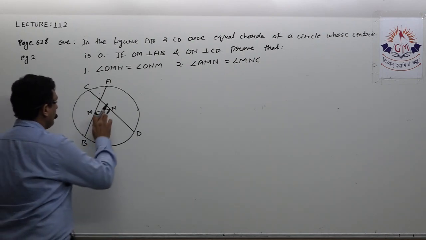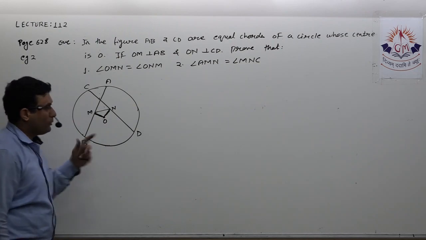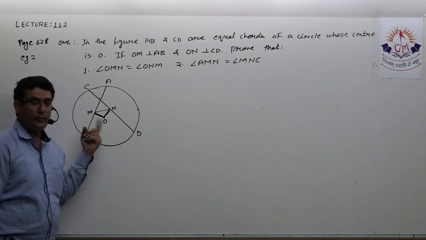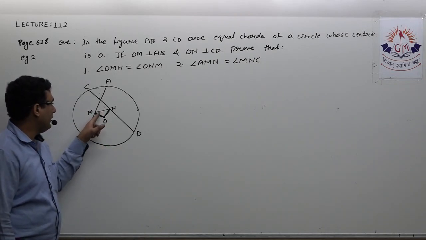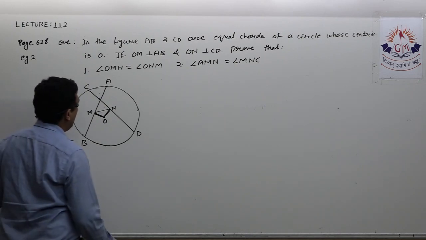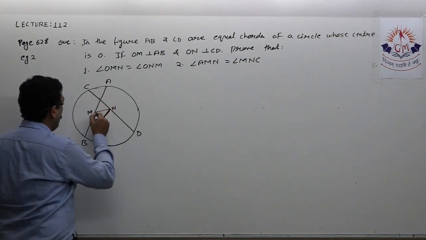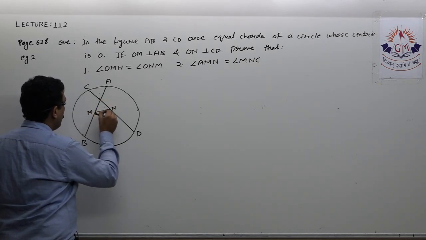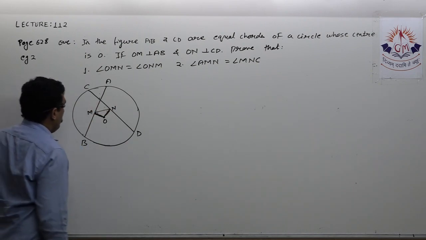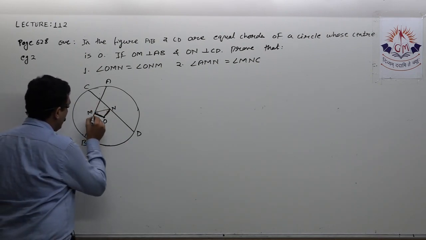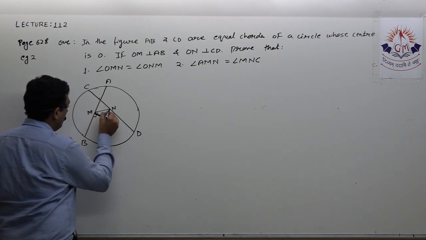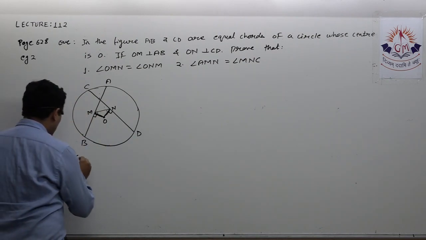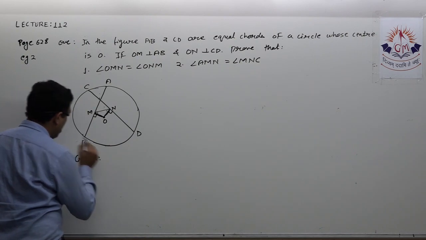So it's very easy. See, chords are equal, it is given. As chords are equal, they must be at equal distance from the center. That means OM equal to ON. Now in a triangle, if two sides are equal, opposite angles are equal. So I can say these two angles will be equal. Now what about angle AMN? That means this angle. These two angles are already equal, so obviously these two will be equal, since each is 90 degrees minus an equal angle. So let us see how to prove this in steps.